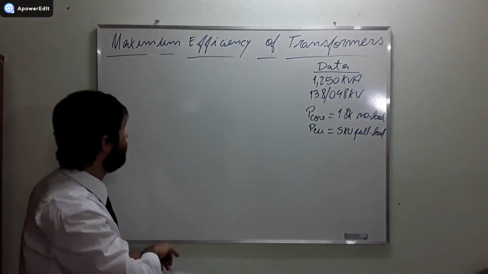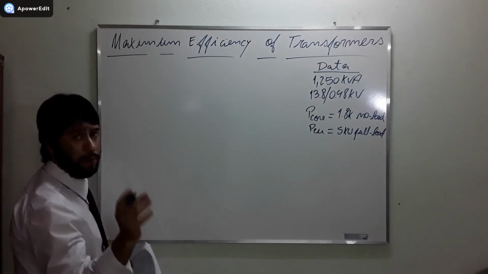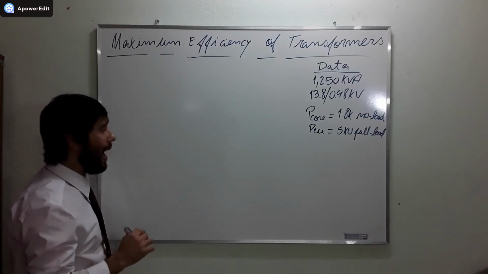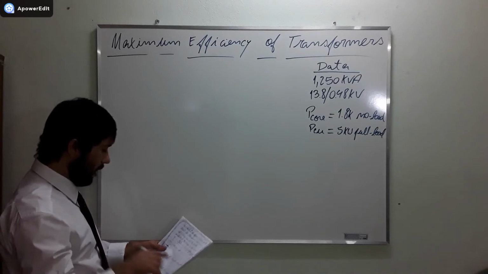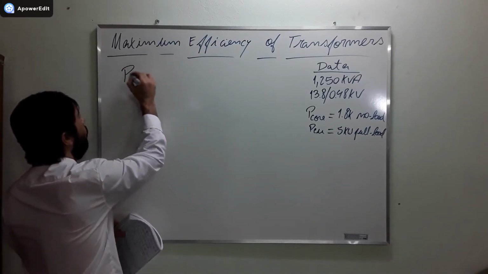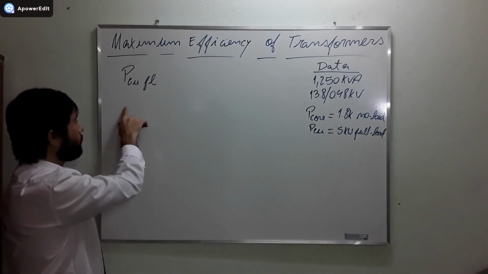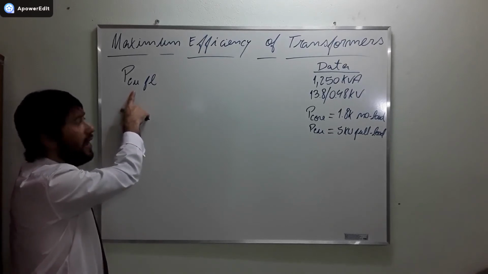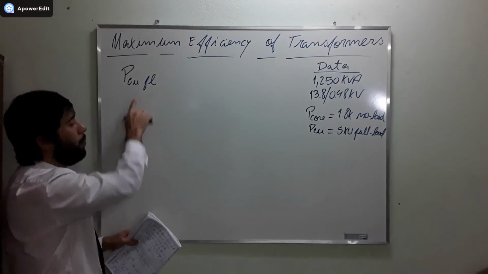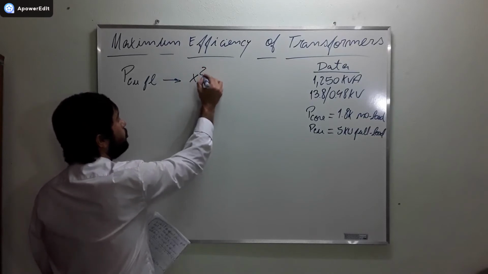Next, after discovering this, we need to additionally differentiate some things related to the output current and the copper losses. For example, if I call P_CU,FL the copper losses at full load, and if I call this X squared